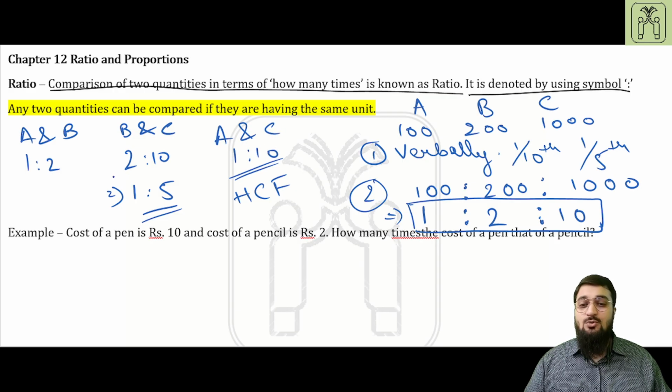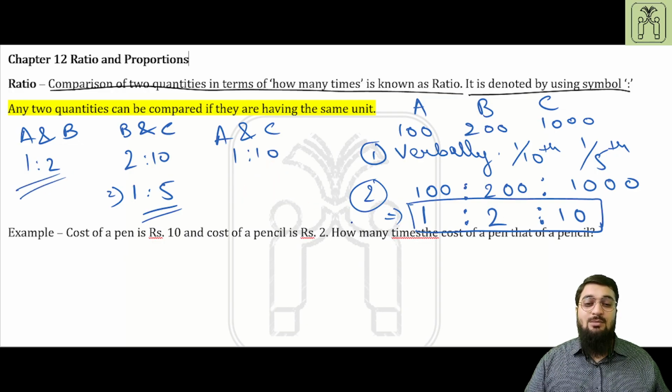So if you want to compare only two quantities, this can be written, and if you want to compare multiple quantities, this is the approach you have to follow. Only two steps: a colon in between and the highest common factor, nothing else. Any two quantities can be compared if they have the same unit. This is a prerequisite for any form of